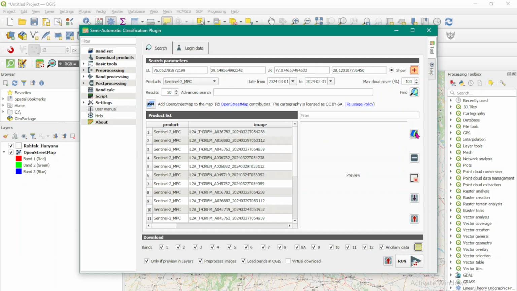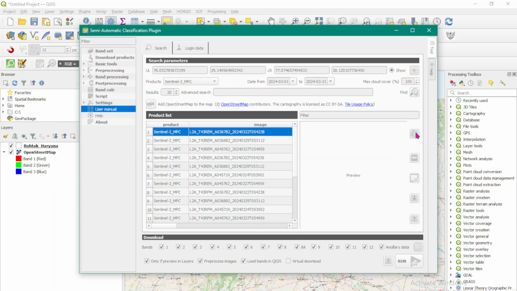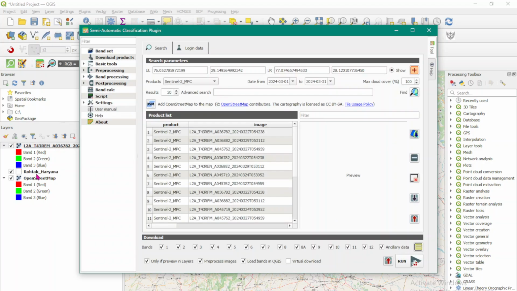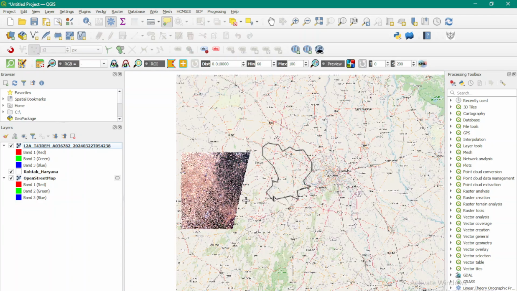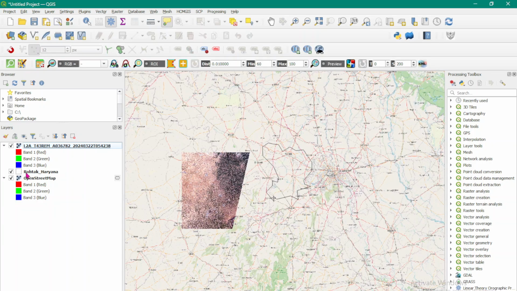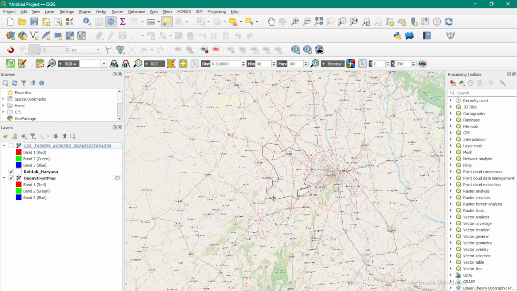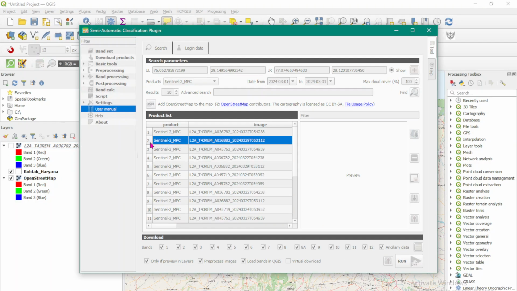If it doesn't show, you can also click on this display preview of highlighted images in map. As you click on this, you will see that one image will get populated here, and this is the image. I don't want this, right? So let me go back here and check this one.